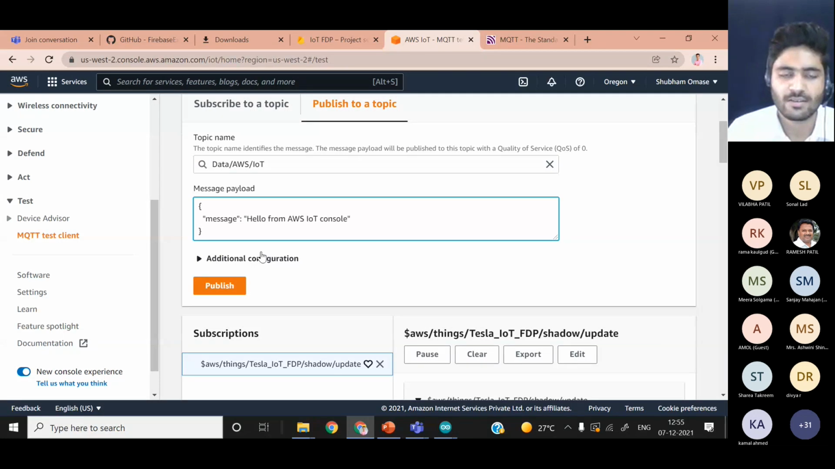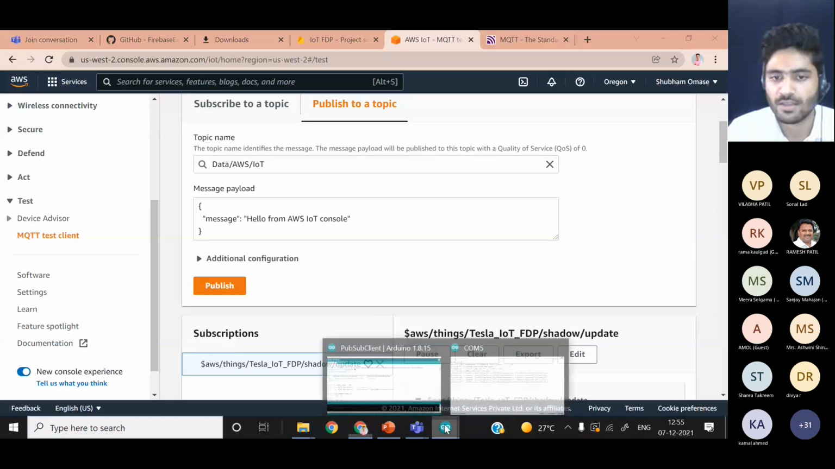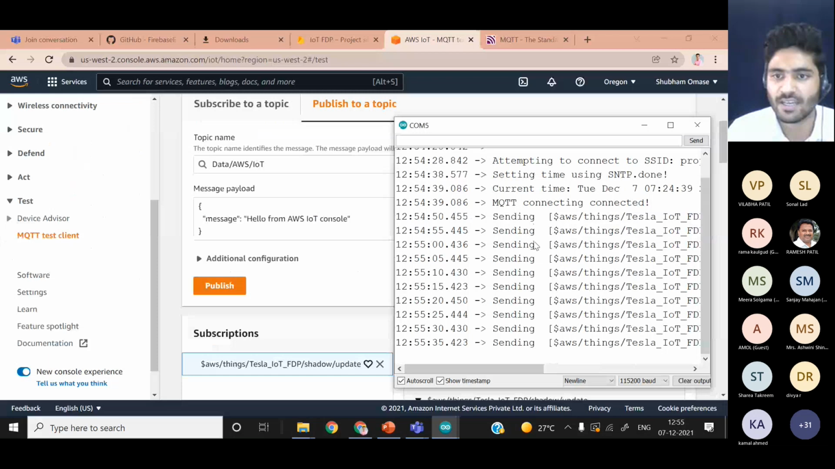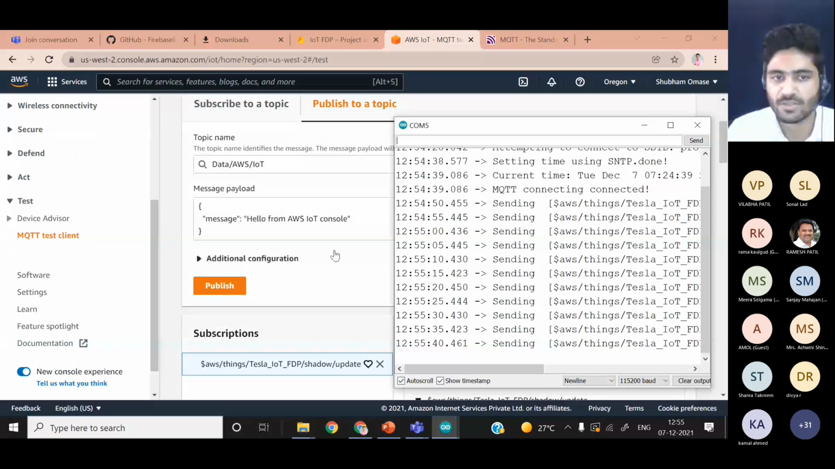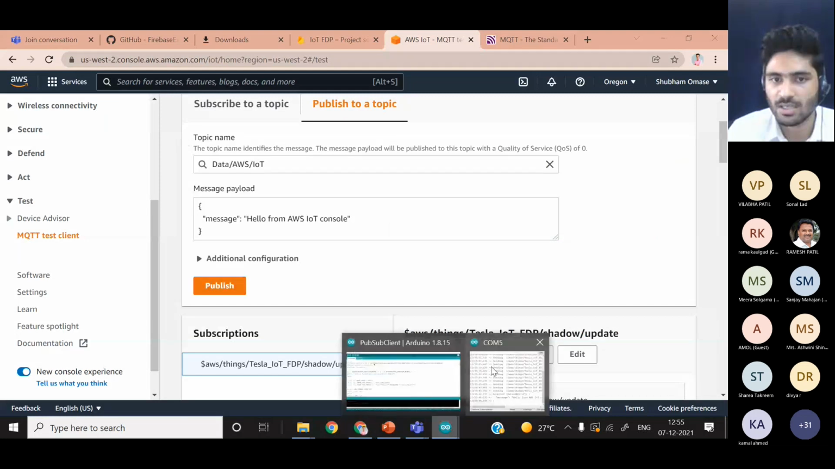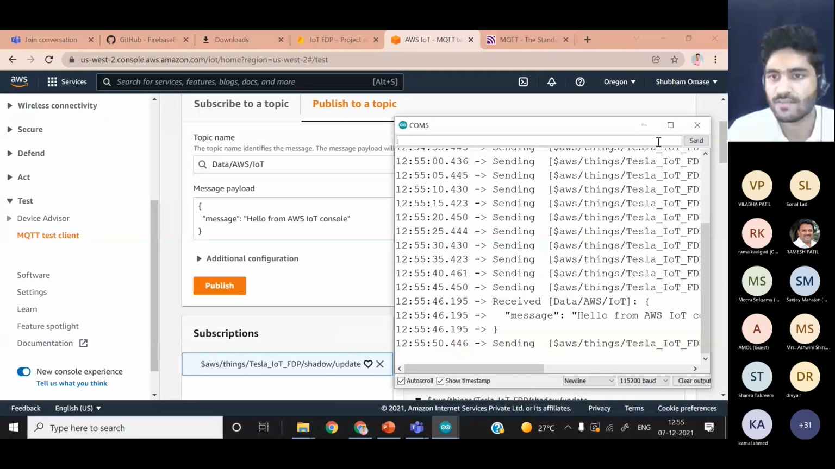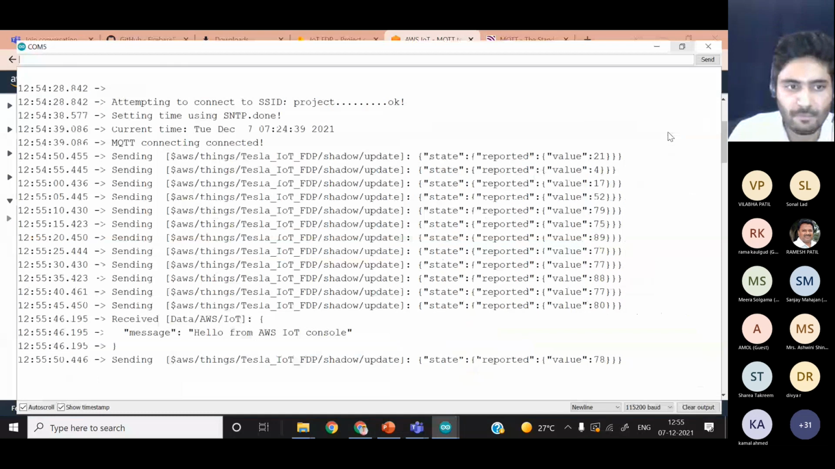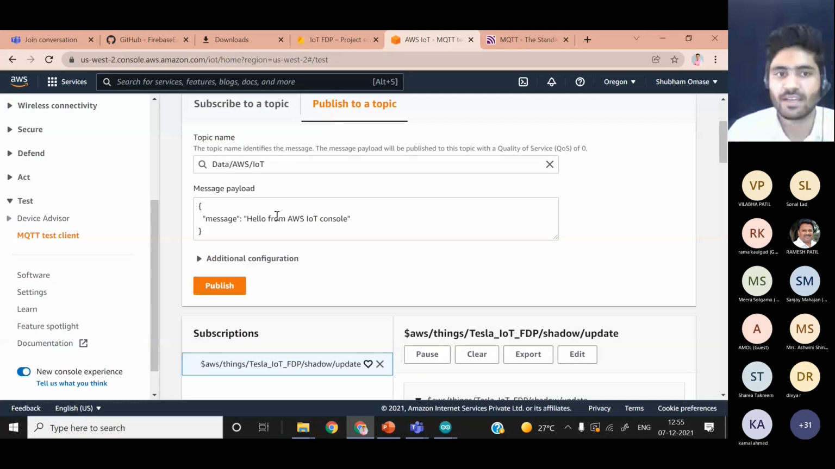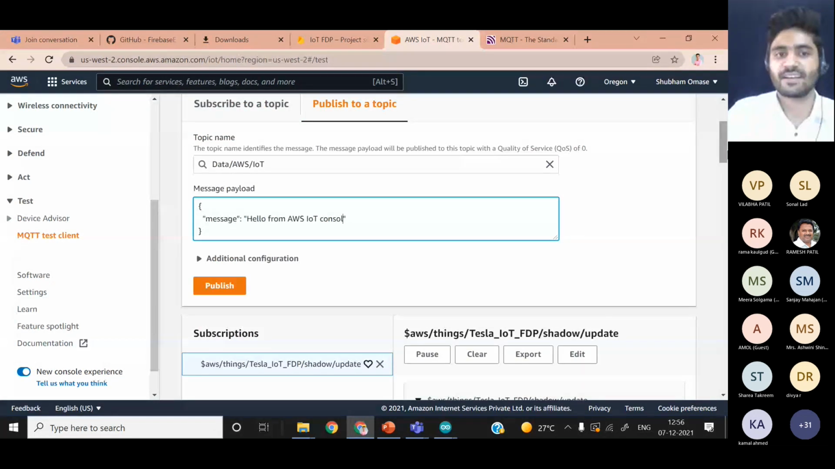I will just keep this text as it is, hello from AWS IoT console. So as soon as I publish, we will be able to see the received data here. There is no received data because we have not published it yet. So I will click publish. I have clicked publish. See, we have received the data. Message, hello from AWS IoT console. If I send anything else, like